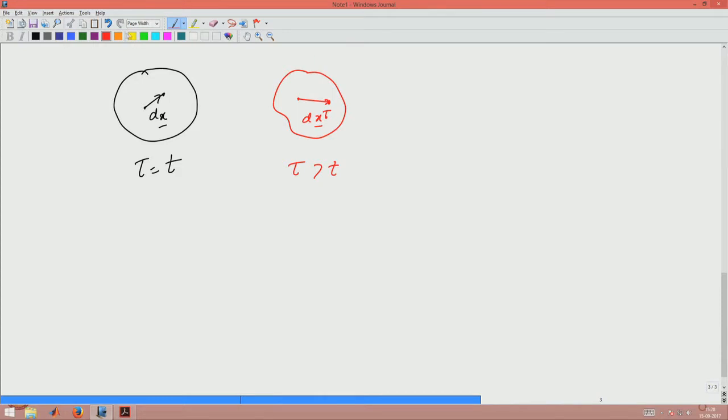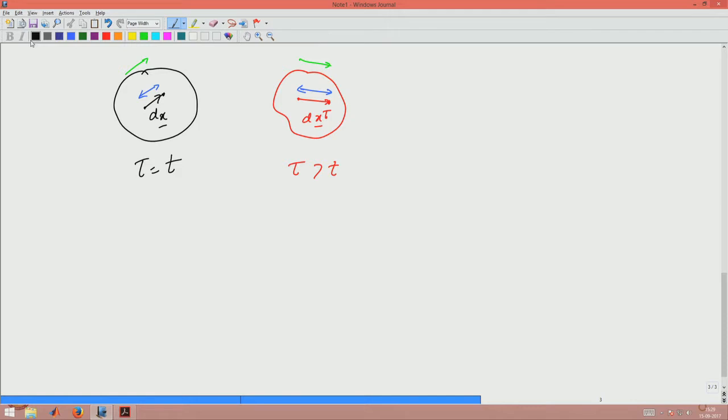So, orientation clearly in one case is here and in this case it is here. So, orientation is different, but if you look at the length of it itself, in this case the length is given by this, while in this case the length is much larger. So, clearly between the two cases the length has increased at tau time,